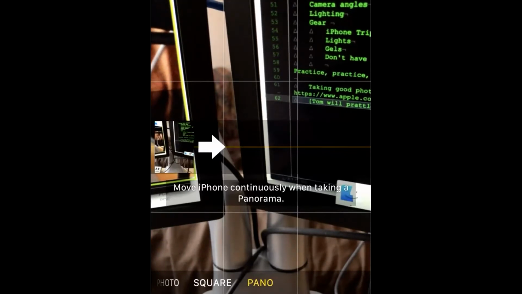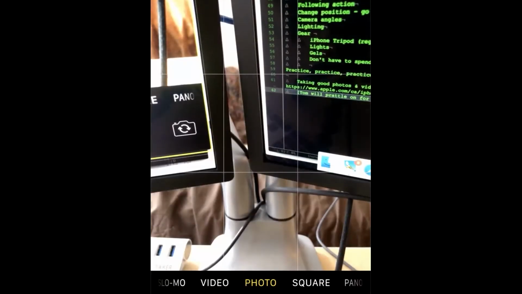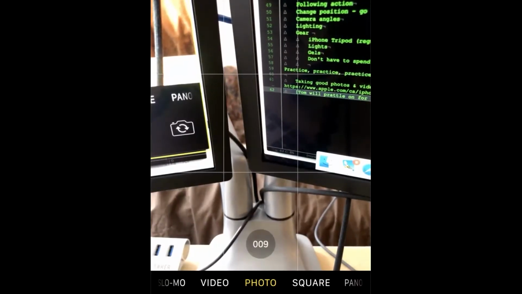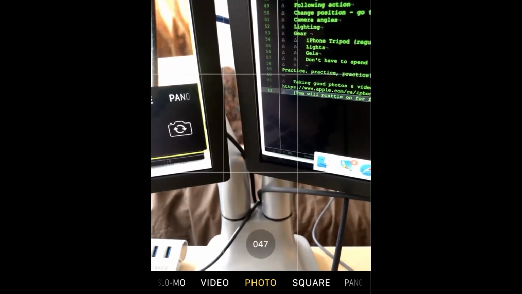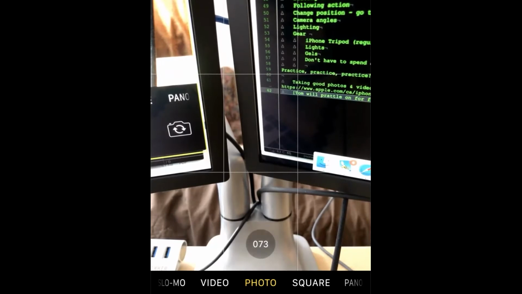So the next thing we're going to talk about is a feature that has no button for it, but it appears magically if you just hold down the camera button, and you're seeing now that it's just going crazy and it's getting 60, 70, 80, 86 pictures in a row. This is really useful when you're trying to catch a specific moment of something.